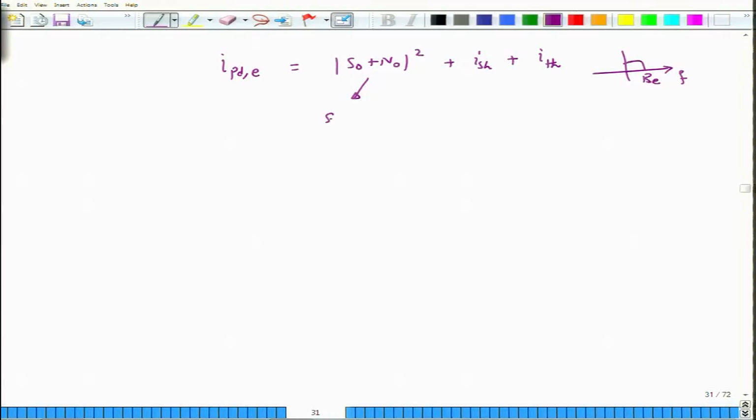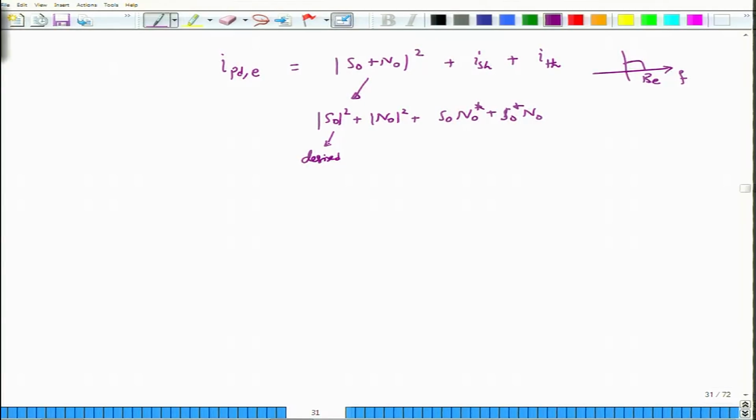Now, you look at this |S_O + N_O|^2, and when you expand this out, you will get S_O^2 plus N_O^2 plus S_O N_O, right. If S_O and N_O are complex, then you will get S_O N_O conjugate plus S_O conjugate N_O, right. So you are going to get these three terms. This is your desired signal, because the output photocurrent is proportional to the power anyway. And this is the input optical power, which comes from the desired data or the actual launch signal. So this is my desired optical power.